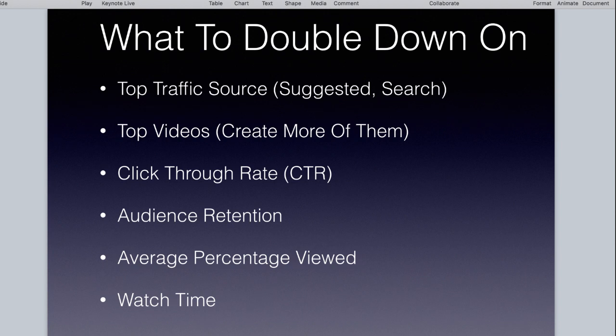But in my case, I know that Google search is one of my top traffic sources. So I'm going to double down on that and make sure that I always transcribe my video content and then repurpose it by posting it on my blog and embedding the video, so that I know that helps to get it found in Google search. It doesn't happen immediately because Google search takes a lot longer than YouTube, but since most of you are here for the long term, it might be after 6 months, might be after a year,